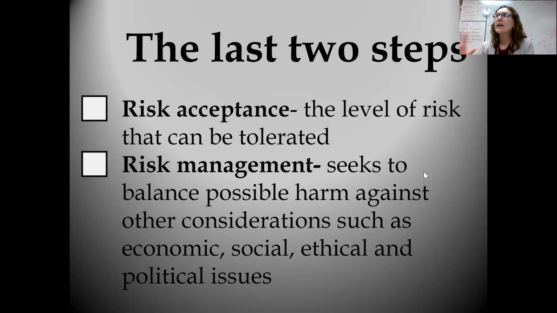I want to see what I can do to try to prevent this from affecting individuals. And I really want to take into consideration, what are the economics at play in this? What are the social, ethical, and political issues? So if there is something coming from railroad tracks, and it is more likely that individuals of lower income happen to be next to railroad tracks, and there's a whole bunch of politics involved with that, and a whole bunch of really fun history, not really, I'm going to know, okay, my low income families are more at risk for this. So I want to make sure there are things in place to protect those individuals.